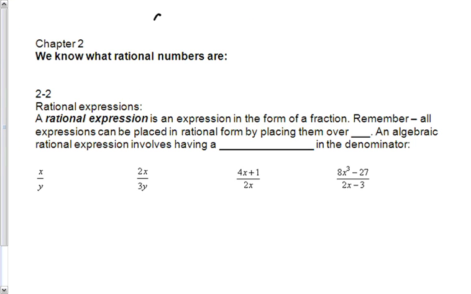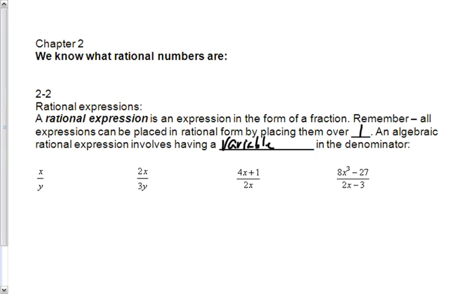Alright, in this section, we're going to take a look at rational numbers, section 2.2, and rational expressions. A rational expression is an expression in the form of a fraction. Remember, all expressions can be placed in a rational form by placing them over 1. Think of it, you can put a 1 under anything, just like a number or an integer, making it a rational number. An algebraic rational expression involves having a variable